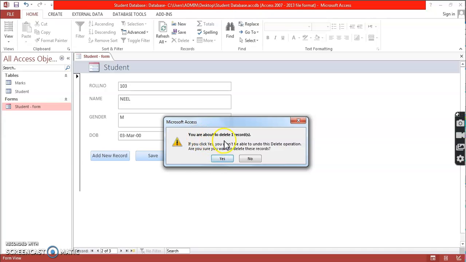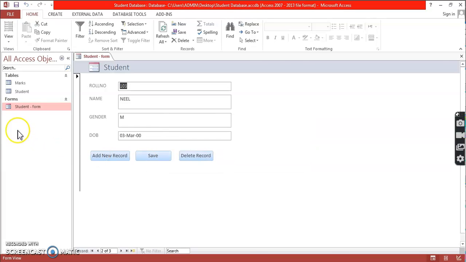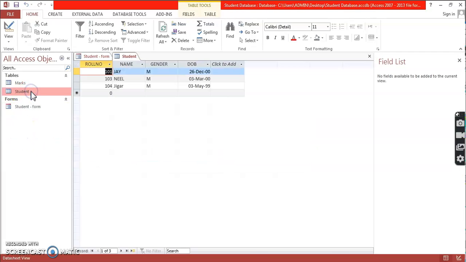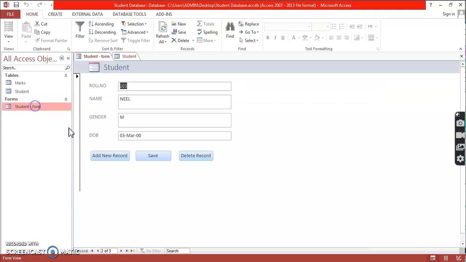You are about to delete one record. It's just giving the warning. So if I click yes, it will delete the record. Now let's check the table. Okay, there is no record of Neha, right? So this is how you can